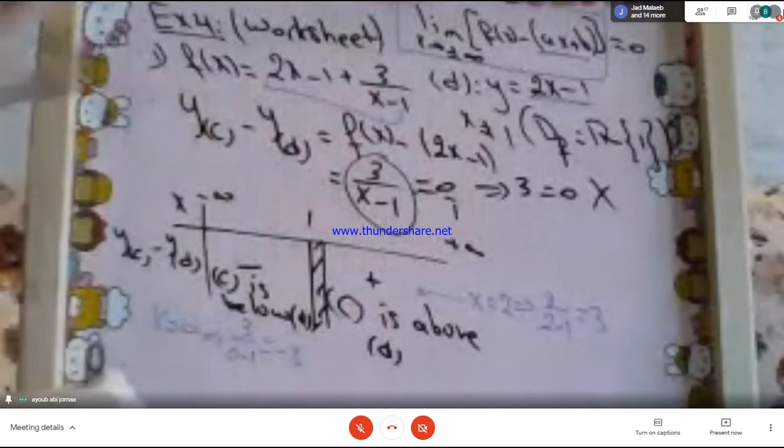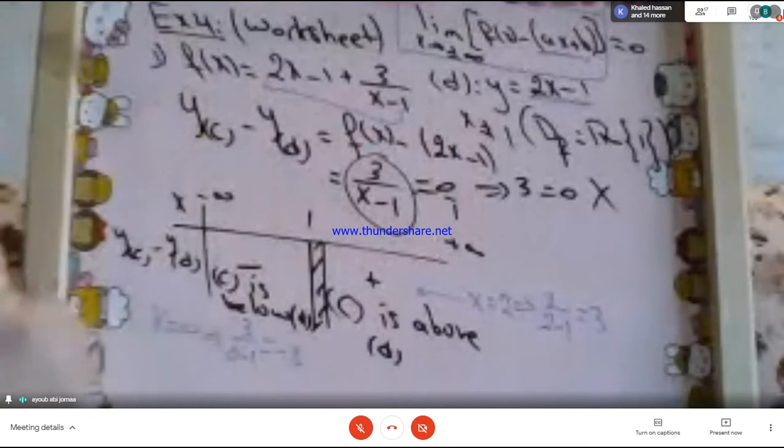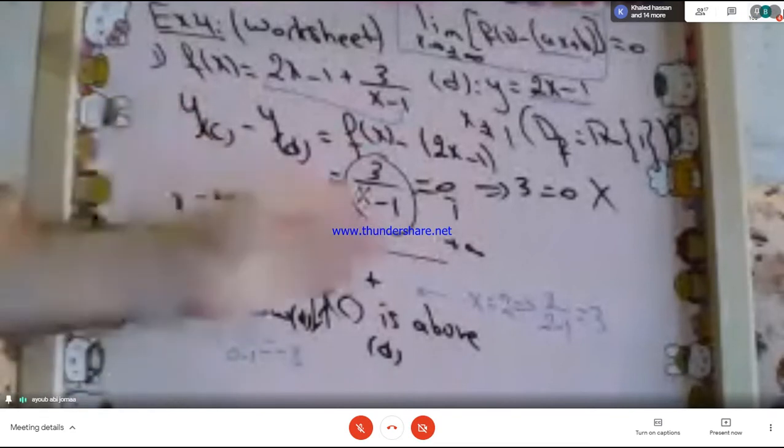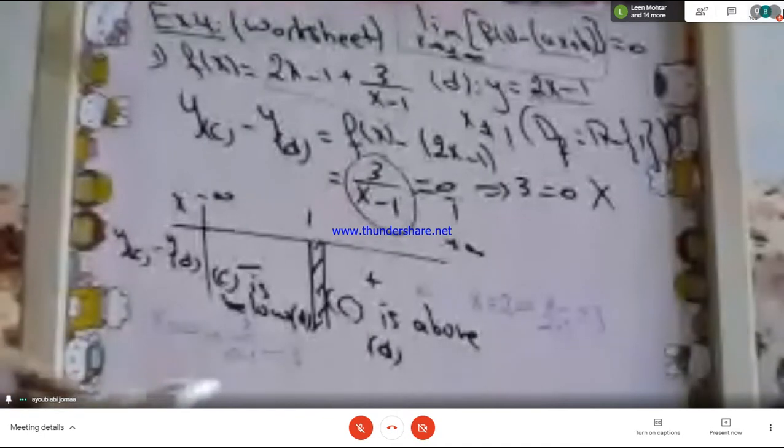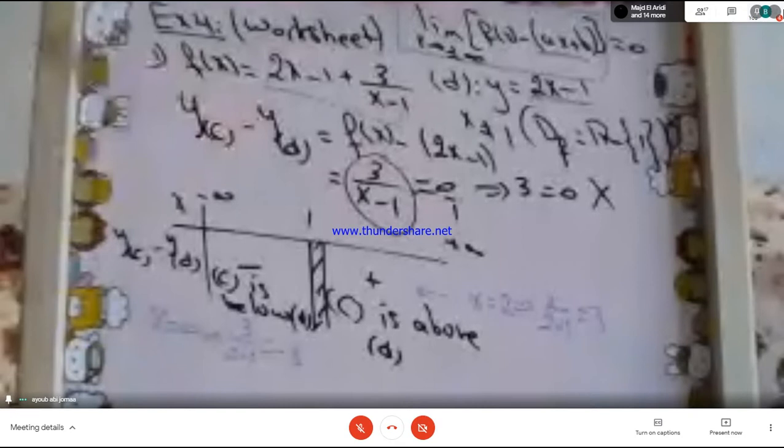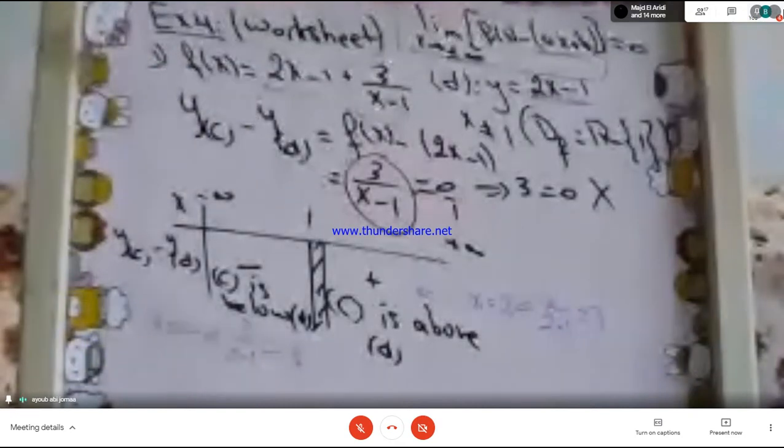And by the way, this solution is standard. Whenever you are asked to find or to study the relative positions between a line and a curve, do this. For one reason, when you finish writing